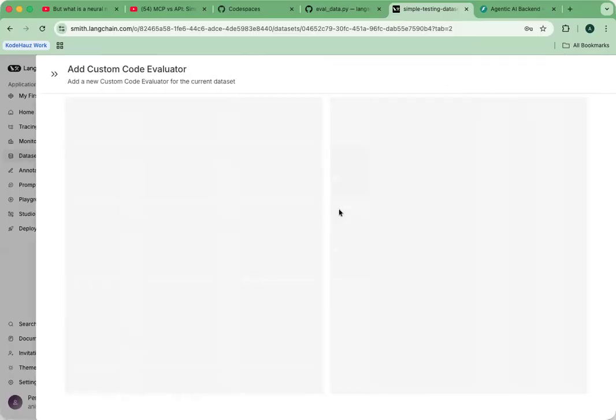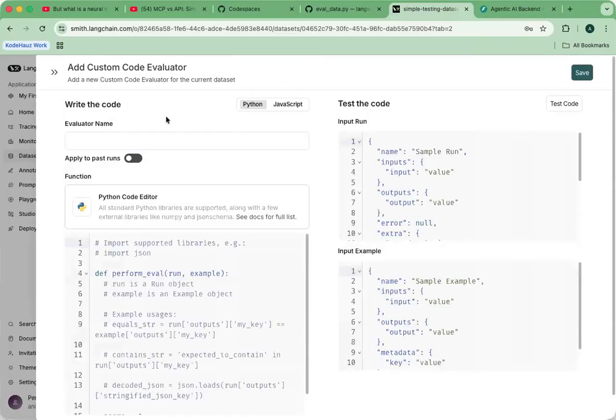So if you go to custom code, you see examples of code, right? Which if you want to run a simple